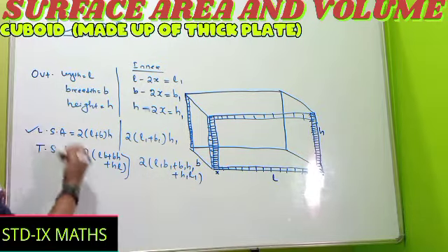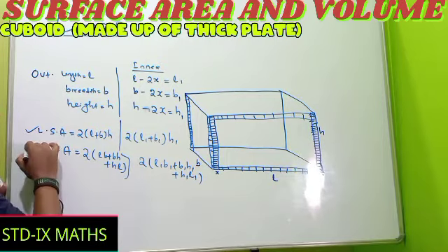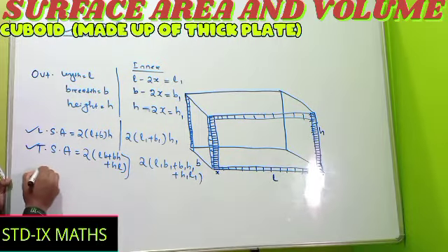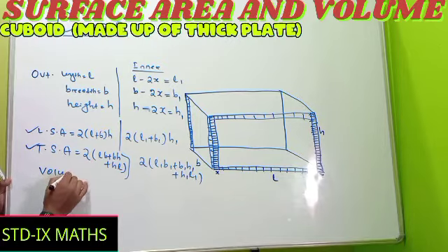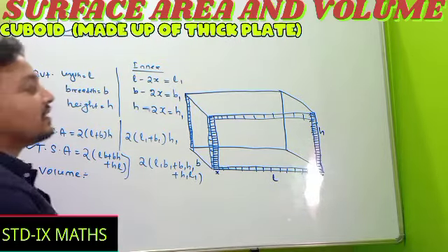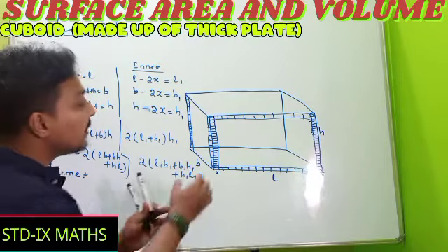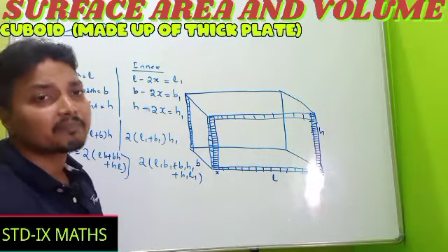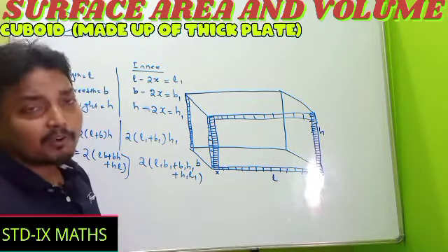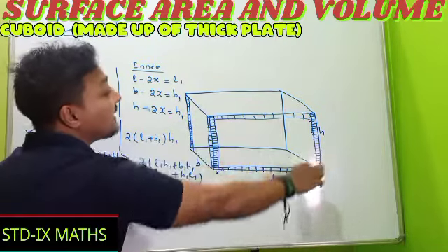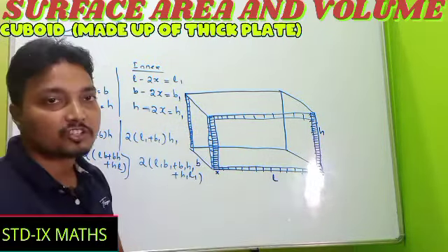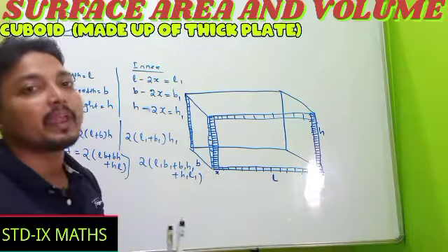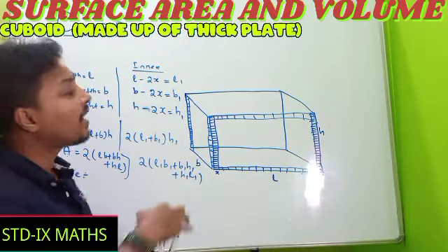So lateral surface area and total surface area, all these things we have discussed. Now we will discuss the volume. Everyone see the volume. Listen, the volume means, whenever it is made up of a thick plate, how much thing I can keep inside. That is one volume. And another volume is the volume of the thickness, otherwise volume of the structure, volume of the cuboid. The total structure is made up of iron. So what is the volume of the iron plate?